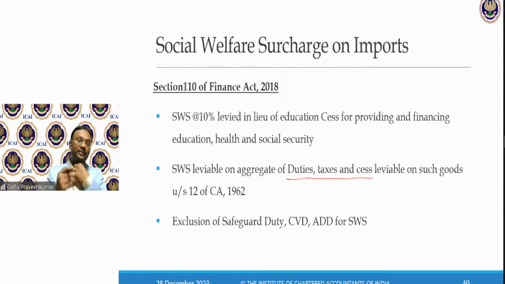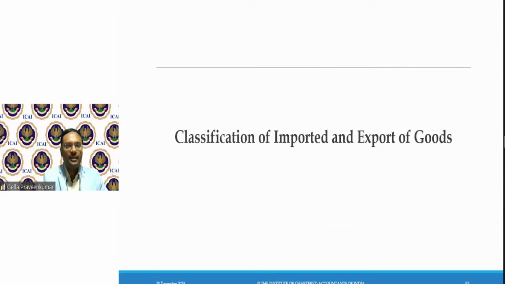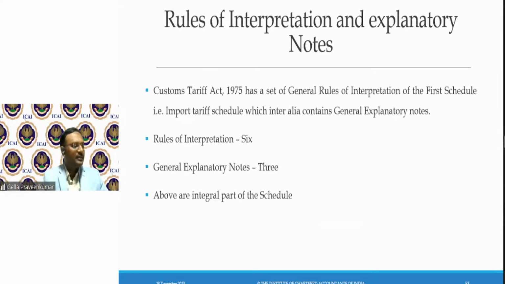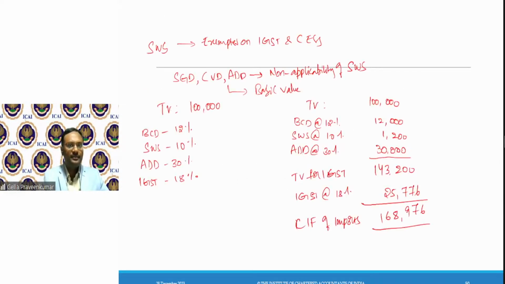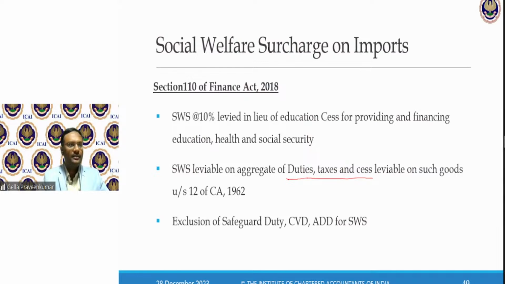Again, for the purpose of IGST, my landed price, the transaction value, basic customs duty, SWS, CVD, SGD, or ADD put together is my transaction value.